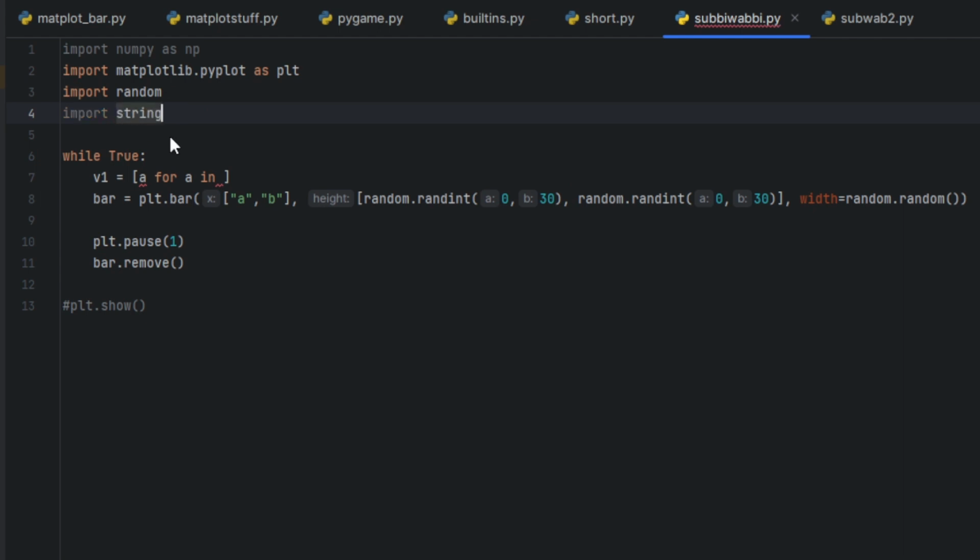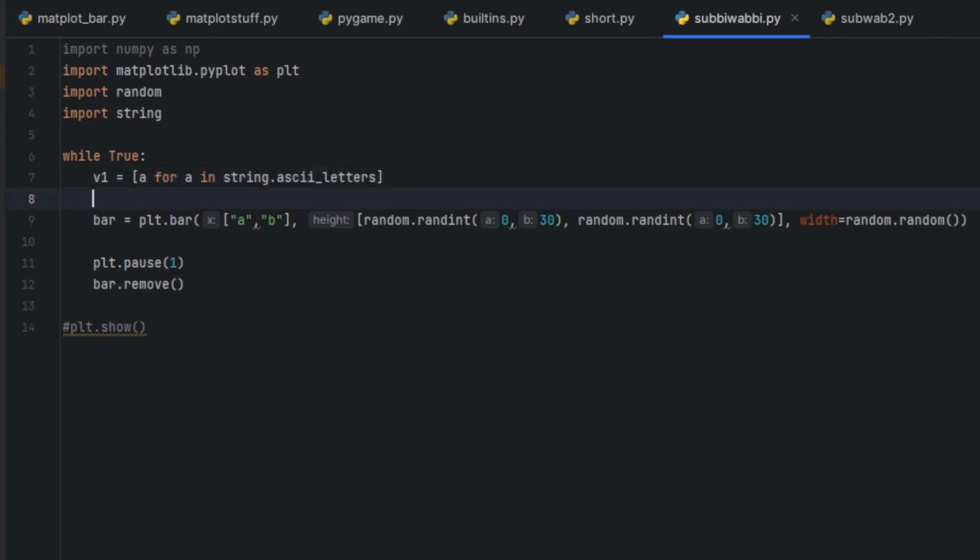Or was it string? Yeah, it was string. For a in string.ascii_letters, and value 2 equals